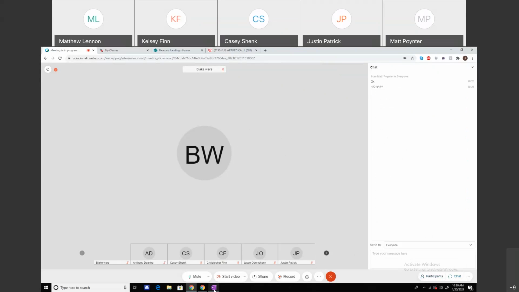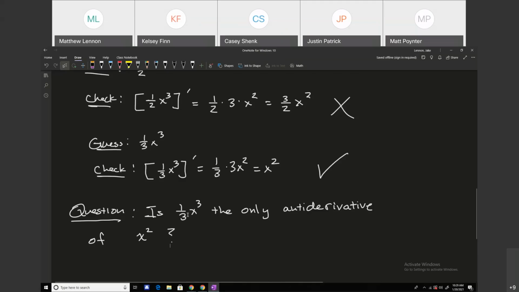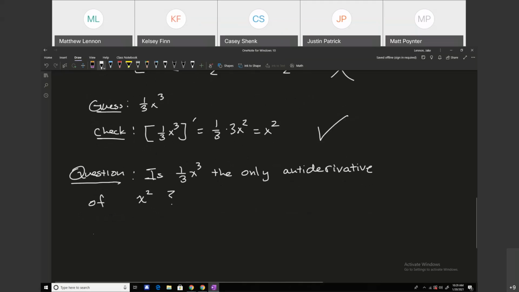I'll tell you the answer. The answer is no. The antiderivative is not unique. So the question then becomes, what is another